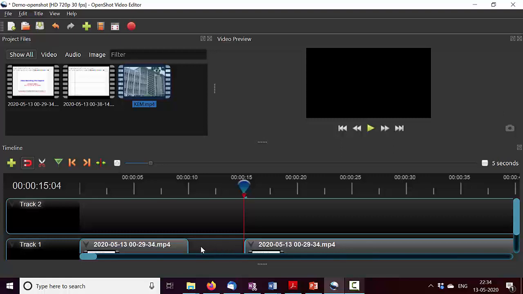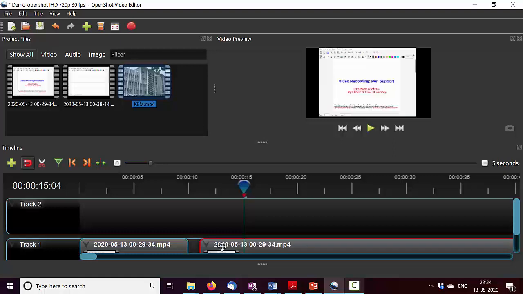Naturally, there is a gap here. You need to bridge this gap. For that, you need to move this closer to the other video to combine them. In this case, I want to introduce you to this snapping enabled. You should always have snapping enabled so that two clips can snap. Otherwise, there is a tendency for the clips to overlap. In other words, you can overlap clips like this also, but that's not desirable. You need it to snap. And that snapping happens when this is enabled. Currently it is enabled, so it has snapped to the other one. So this is one way to cut and trim some portion within the video.